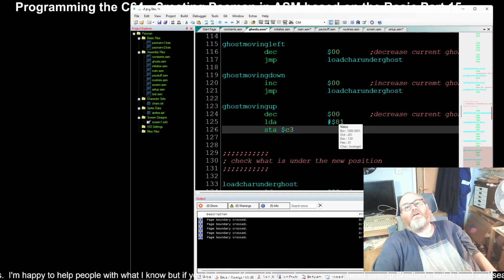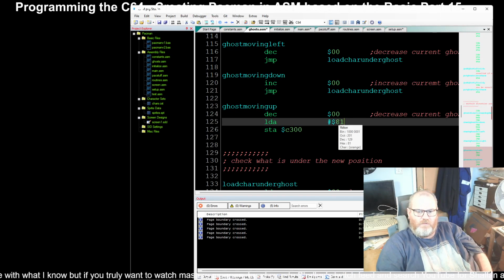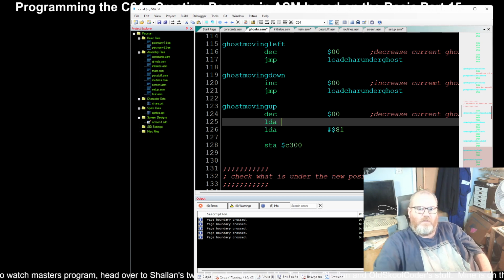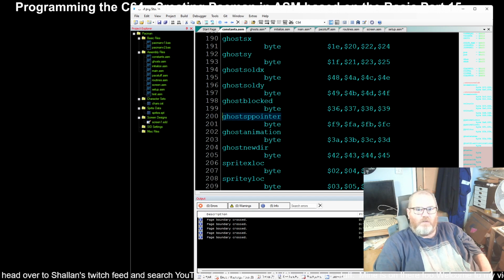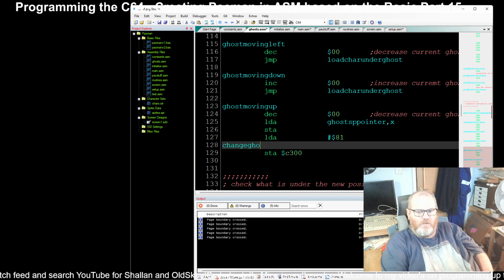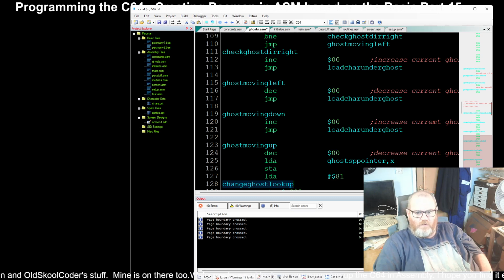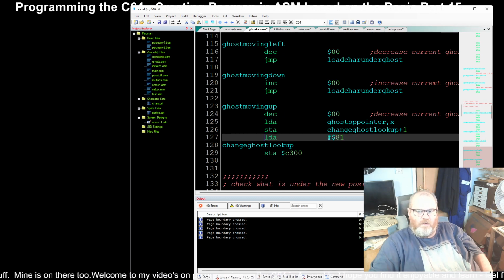This is why I need it to be dynamic, because it's within the X. C3 00. No, I need to do that beforehand. LDA ghost pointer, comma X, STA plus 1, because it will be in the...